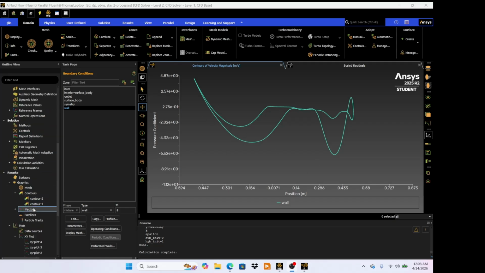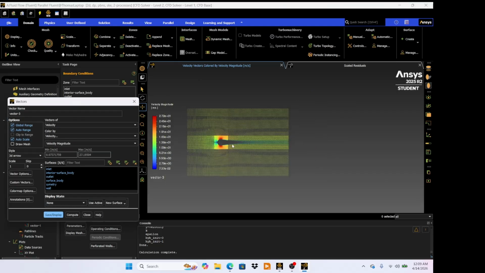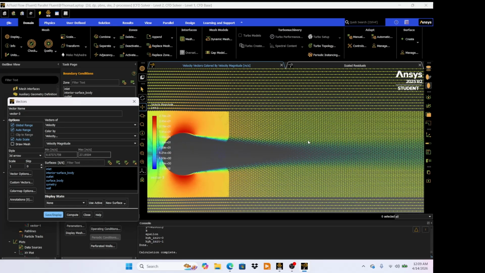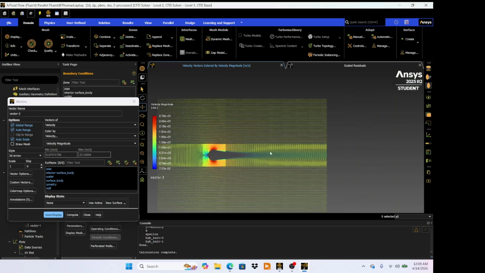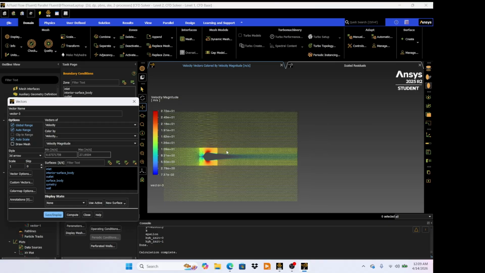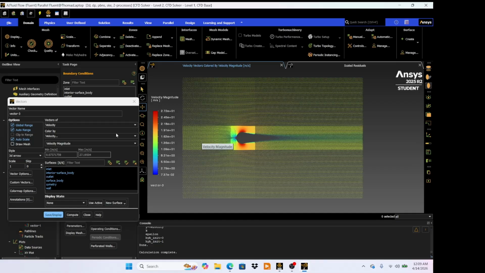Okay, and then now we go back over, same process, go back over to the vectors. We're going to click all of them, save display, and you can see our clear wake region here. Everything's moving a lot faster, obviously. And next, just take screenshots of those. We're going to come over here, close this,